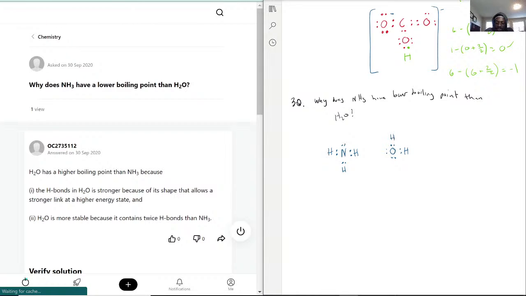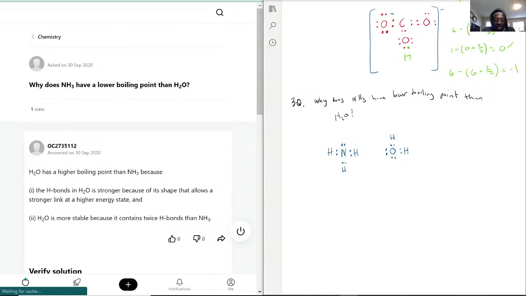Okay, so with this being said though, it's kind of tricky at first glance to understand why, but in terms of the lone pairs, that does play a role in it. Now for this, the reason why NH3 has a lower boiling point is because, yes, actually I would say that